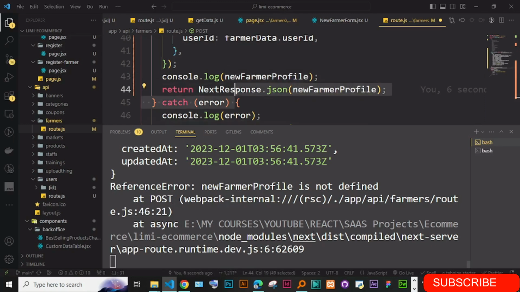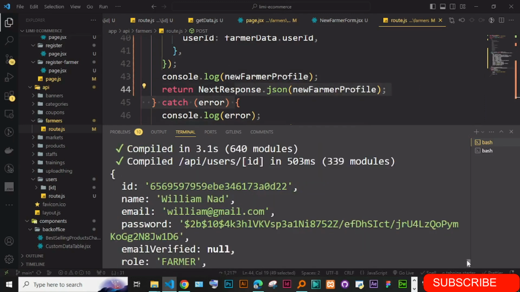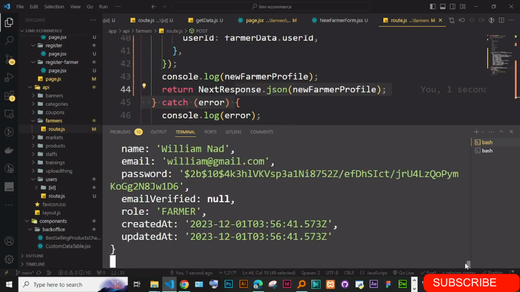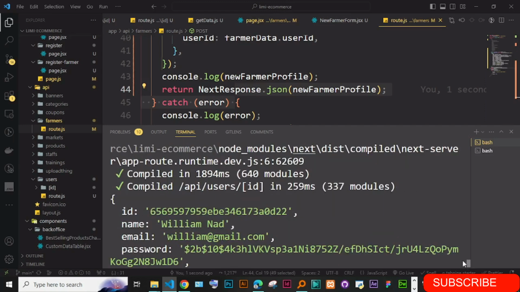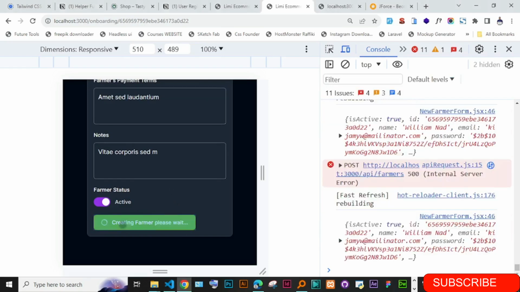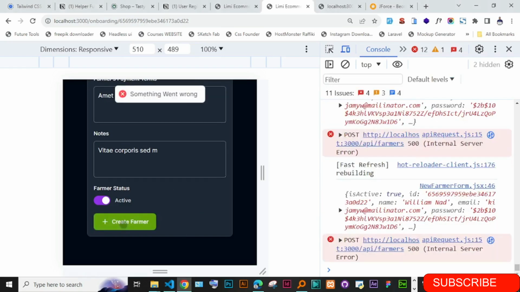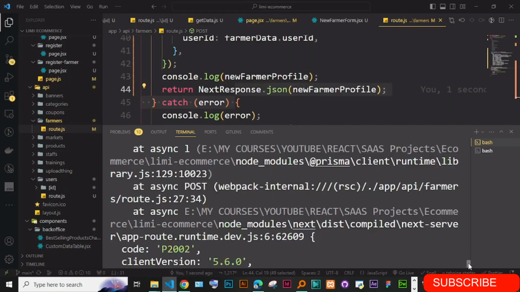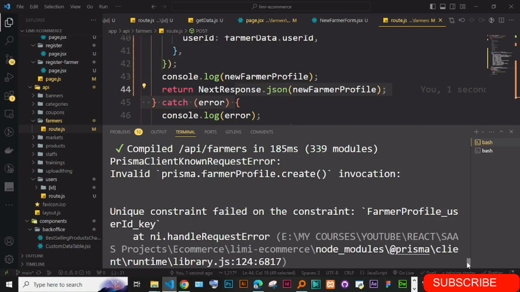Okay, let's try to see. I guess it was not created. I don't know why we have this, but let's go ahead and try to create this. Did it, let's see, this time,